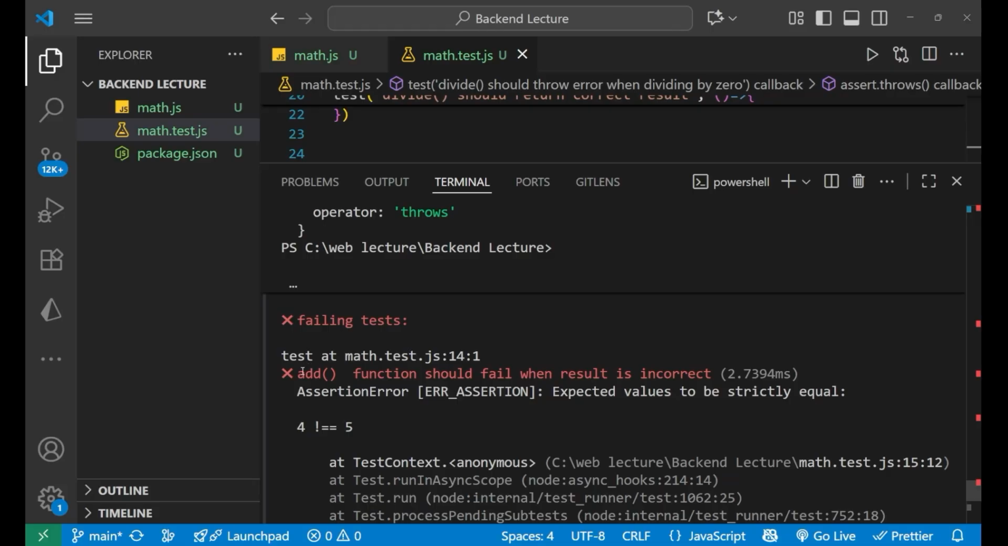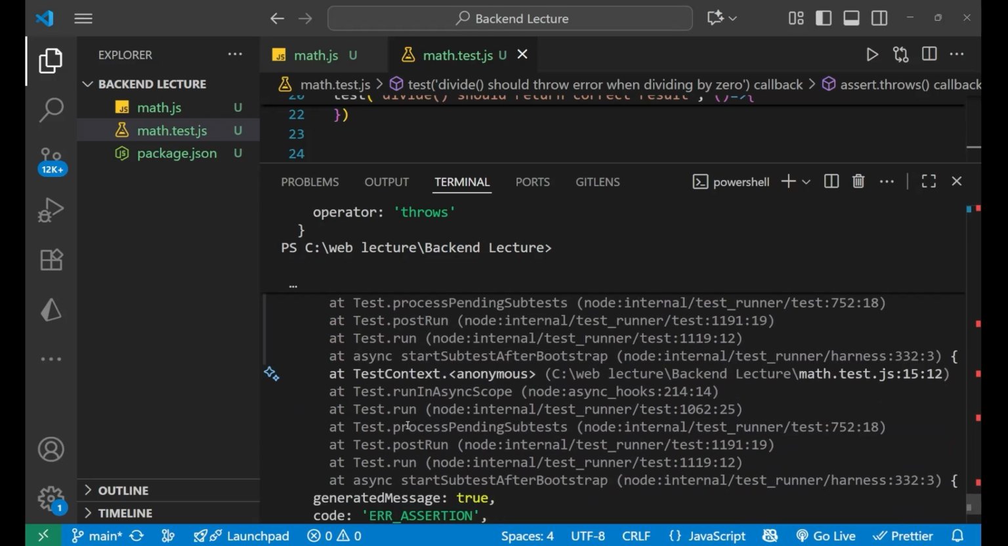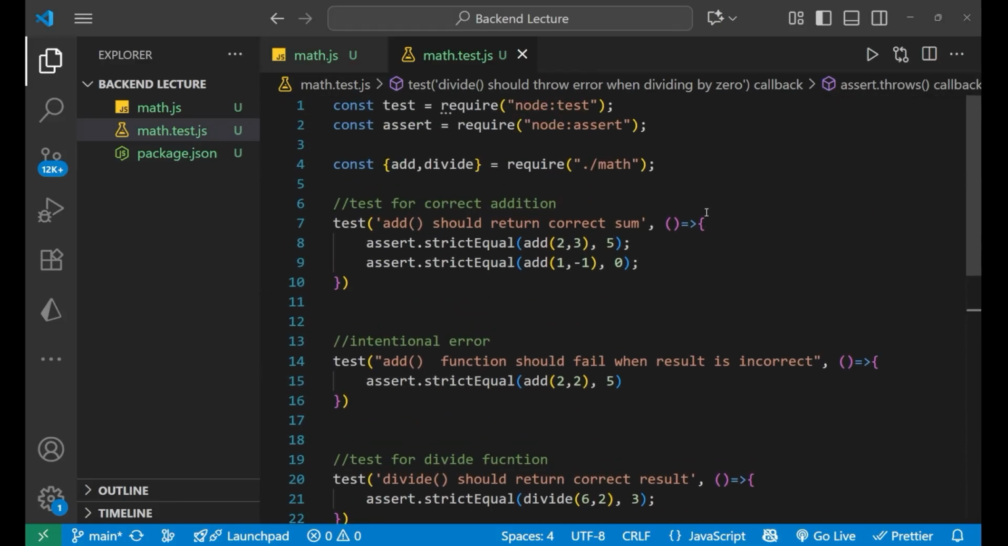Like in the case of the second function that we had created, that is, add function should fail when result is incorrect. In that particular case, it is showing that 4 is not equal to 5, right? Expected values should be strictly equal, but here 4 is not equal to 5. That's why I'm getting the error. So this is what our code is all about, and this is what our particular lecture is all about: